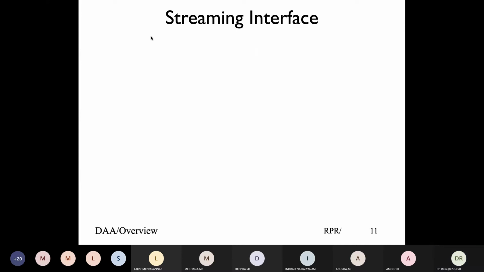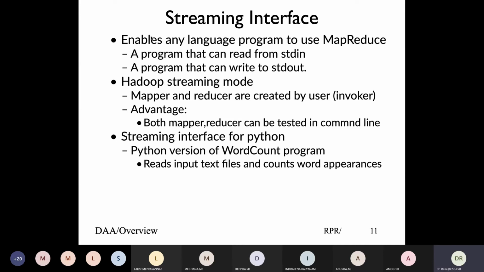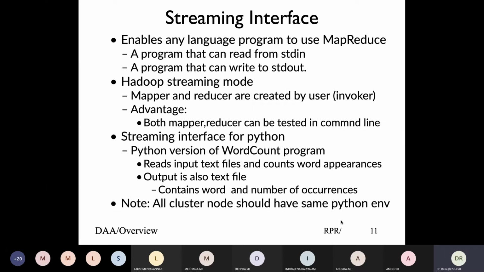that if you have a multi-node cluster, all nodes should have the same Python environment. And I learned this lesson the hard way. That's the reason I'm mentioning this. Because in my cluster, some nodes were Python 2 and some nodes were Python 3. And when I ran it, my program crashed. And it took me a long while to figure out why the program was not running. I had to run it individually on each cluster node. Then I figured out it was the Python variant that was the problem. So make sure that if you're running on a cluster, each cluster node has the same Python environment. Otherwise, programs would not work.